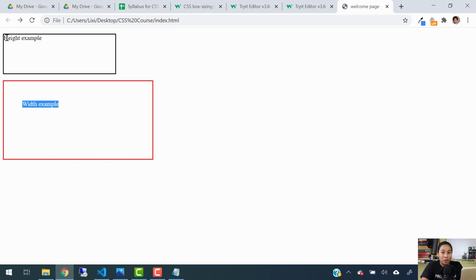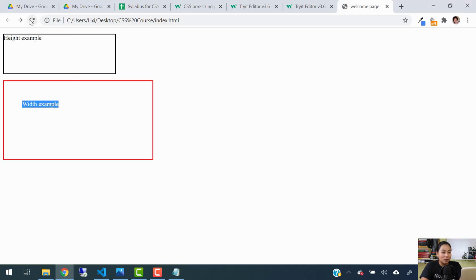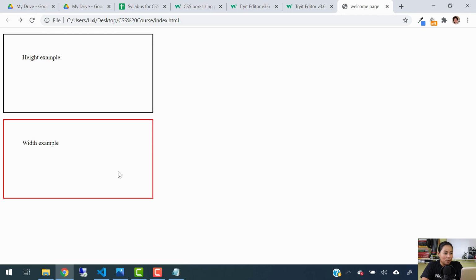Right now it's at the corner, in the left side corner of the box. So now I added the padding. Let me hit save here, and I'm going to hit refresh. And boom, you see now 2 boxes are in the same size, and the content was moved as well